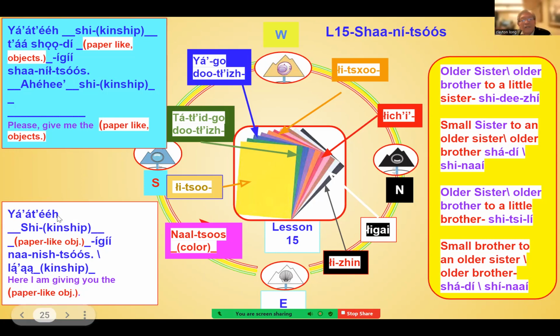And Amanda. Ja, Shaaníłtsoos. Sisor Igi Shaaníłtsoos. Shade or wait no Deja. Shidija.